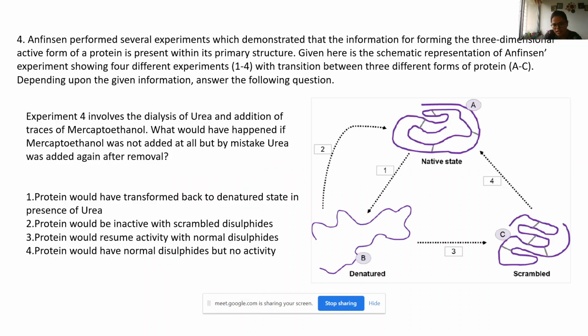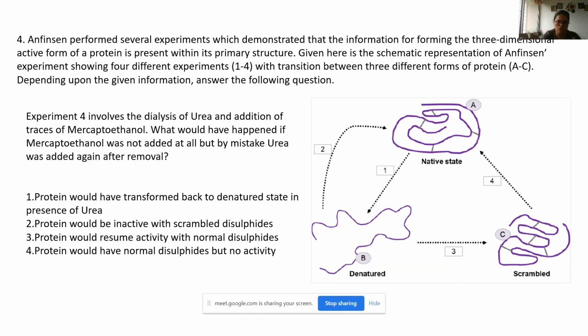even in case of Anfinsen's experiment, while he removed urea, it was able to take the native state again. But in case of many proteins, this will not happen. Why? Because of the kinetics. Because delta G is negative, so definitely that protein will try to take a native state, but it will take